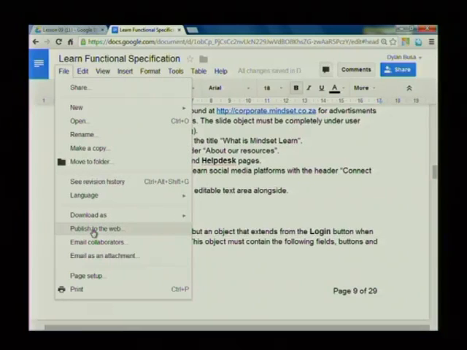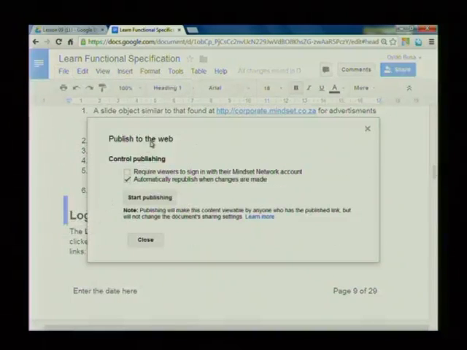Let's go through some of those steps. So click on Publish to the Web, and you'll get this setting here. Currently, we don't require people to have their Mindset Network account to be able to view this document, which means that anybody with the link to the document can view it. The other setting here is to automatically republish when changes are made. So that means if I update this document, even just adding in one sentence, it'll automatically republish my changes to